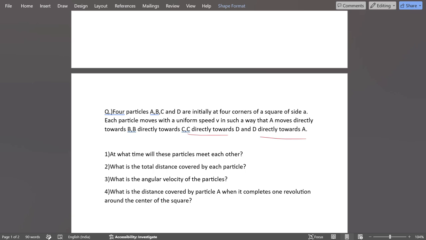What is the total distance covered by each particle? And what is the angular velocity of the particles? What is the distance covered by particle A when it completes one revolution around the center of the square? So, this is the question,